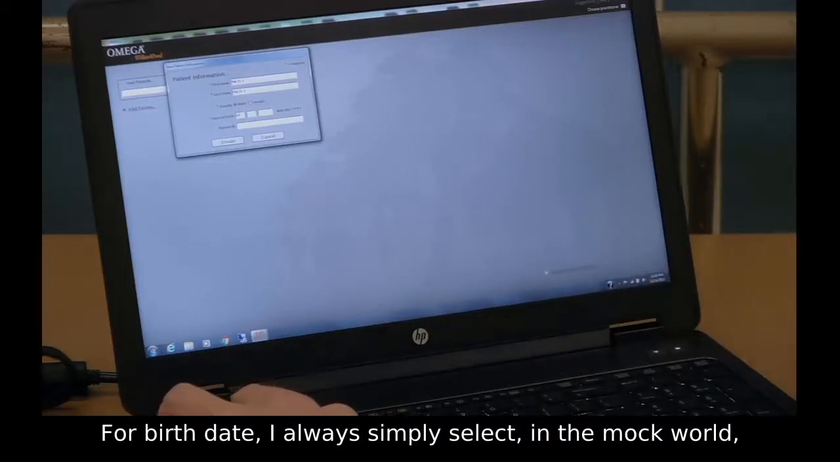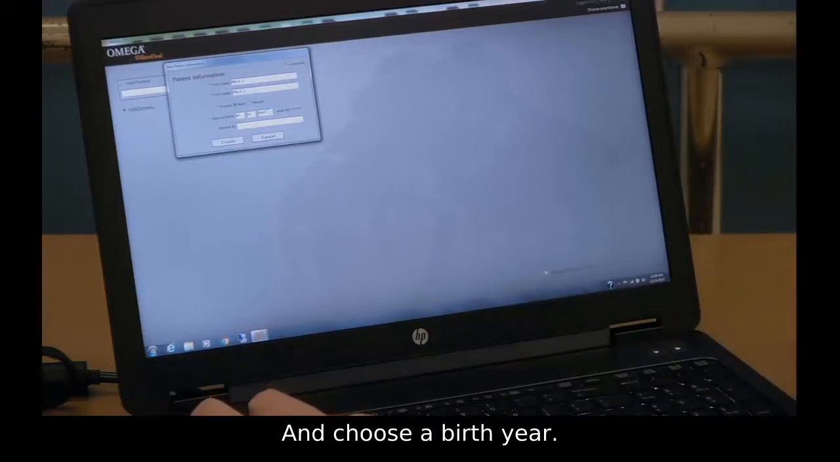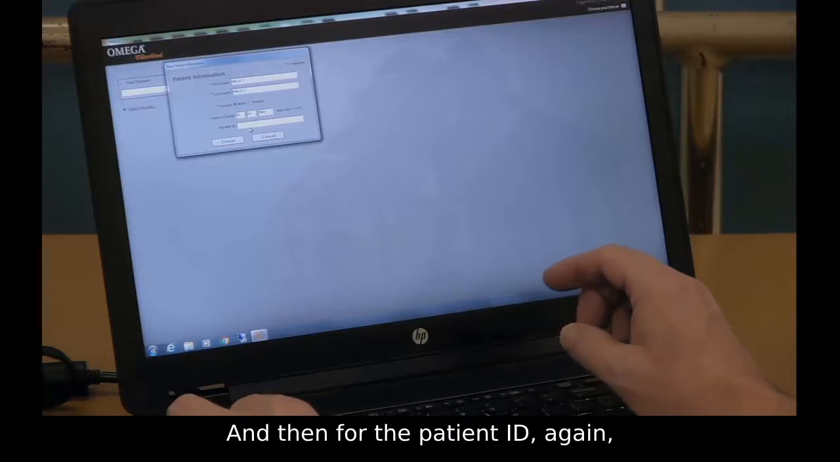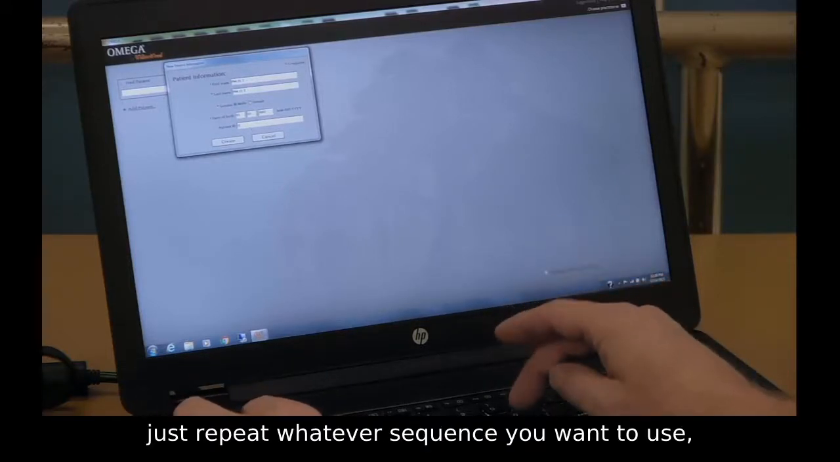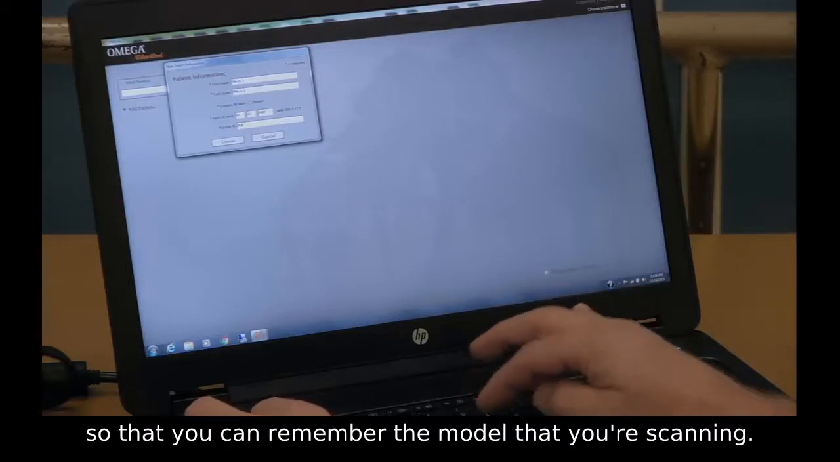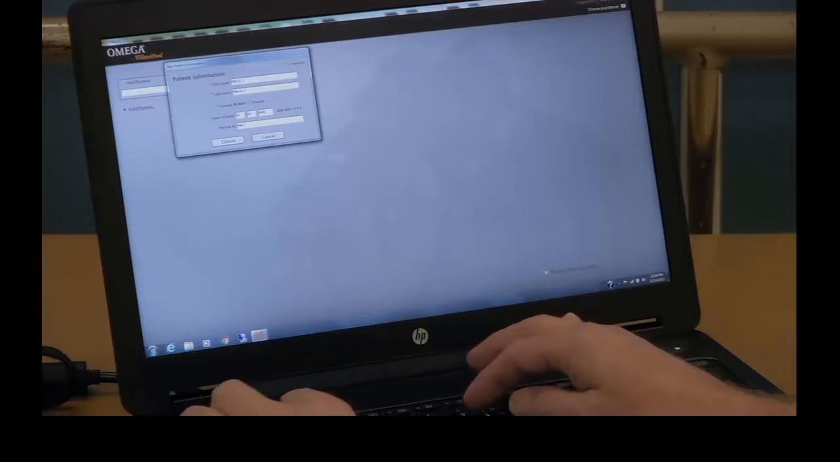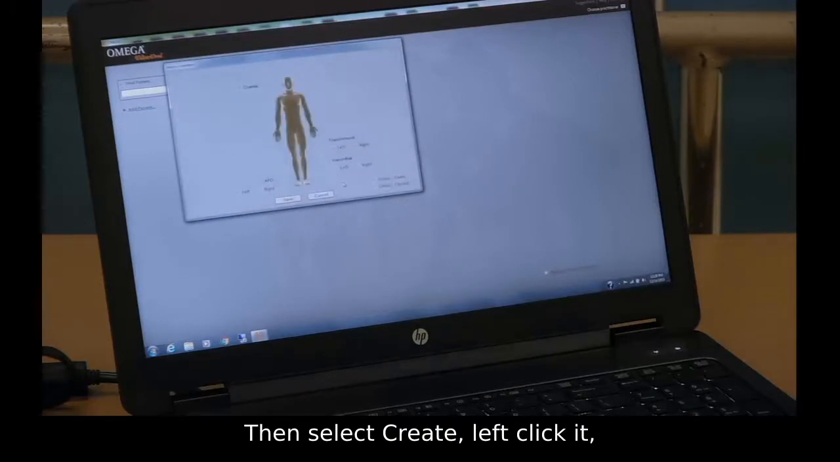For birth date, I always simply select, in the mock world, 0101 and choose a birth year. And then for the patient ID, again, just repeat whatever sequence you want to use so that you can remember the model that you're scanning. So then select Create, left click it, and